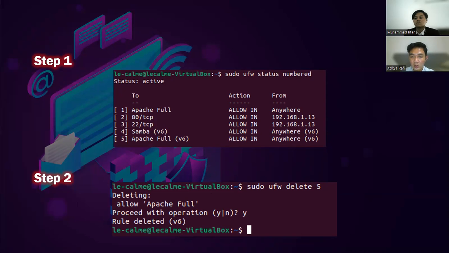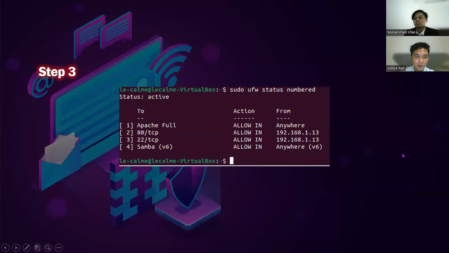Next, Rule deleted means our syntax was successful and the command we wanted to delete has been deleted from the iptables firewall.